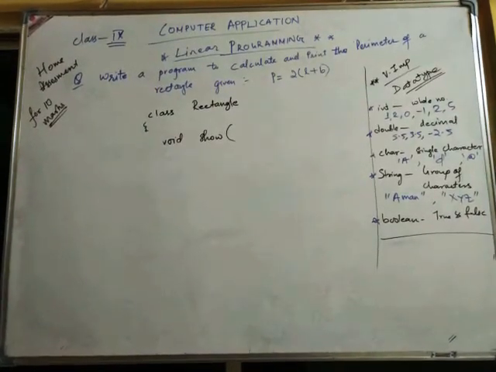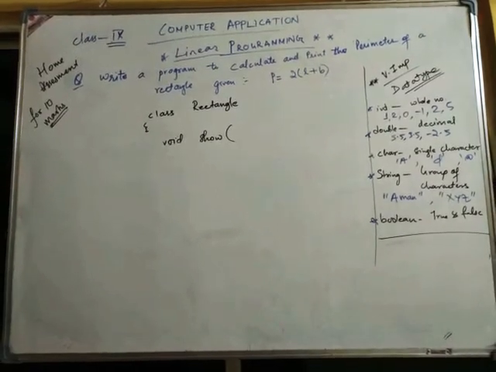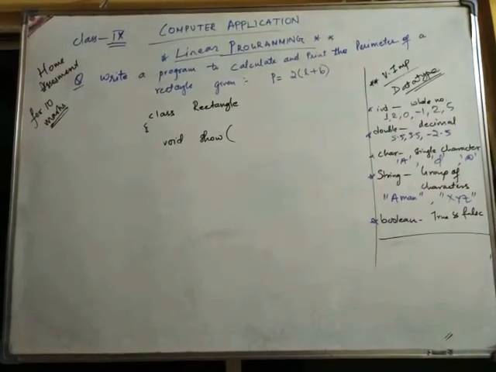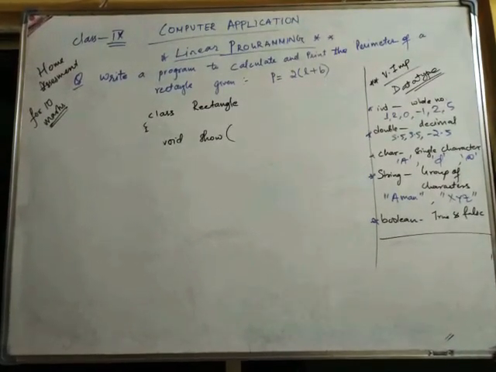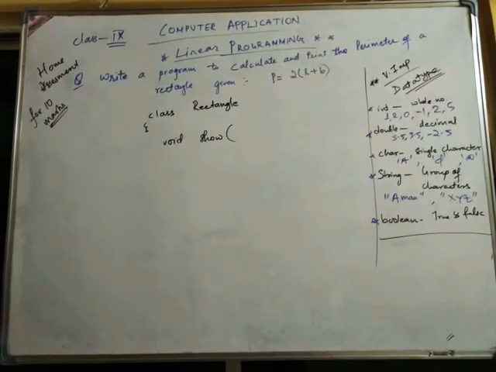Now if we come back to the question, we need to find the perimeter of a rectangle. In the formula it is given P equals 2 into (L plus B). Simple thing in maths, if I want to calculate the perimeter of a rectangle, I need to have length and breadth. That is the input. What are the ingredients, the things I need so that I can calculate the perimeter, that is your length and breadth.